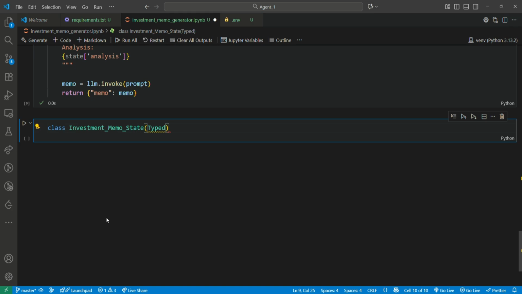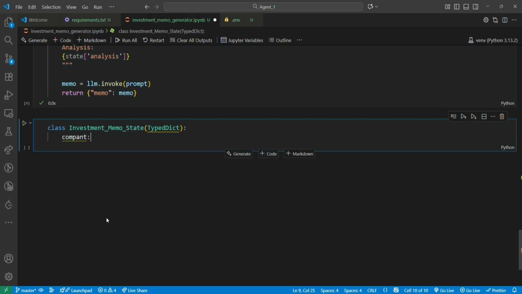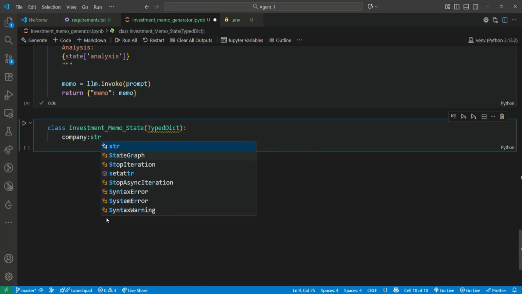Now why are we doing this? We are writing this TypedDict because we require this class to return a dictionary. Company as string. As I told you, the state consists of a dictionary as string. Then we have